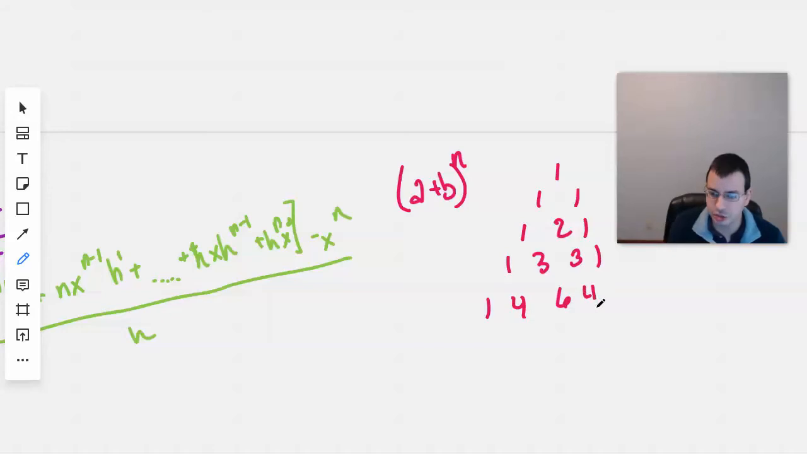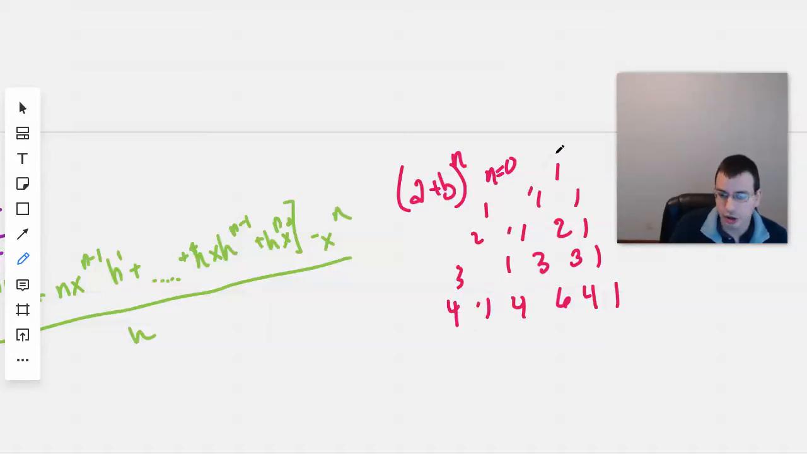4, 6, 4, 1. So what you do is you just add the two numbers above it. So this would be 0, so 1's there, 2: 1 plus 1; 1 plus 2 is 3, 3 plus 1 is 4, 3 plus 3 is 6, etc. And you can keep going down. And this is for n equals 0, 1, 2, 3, 4. And these are the coefficients